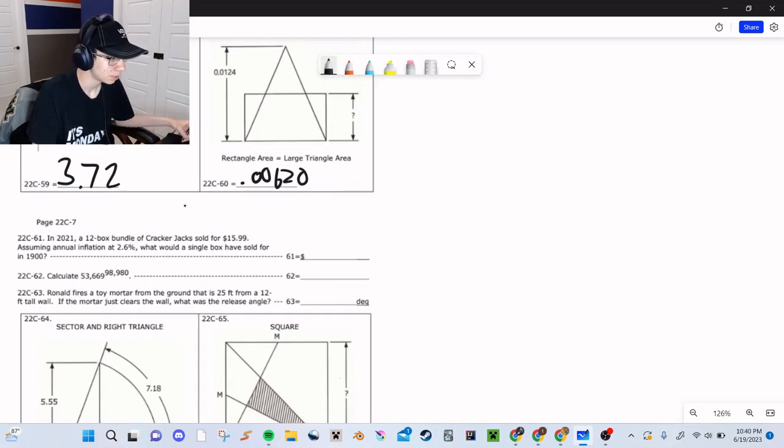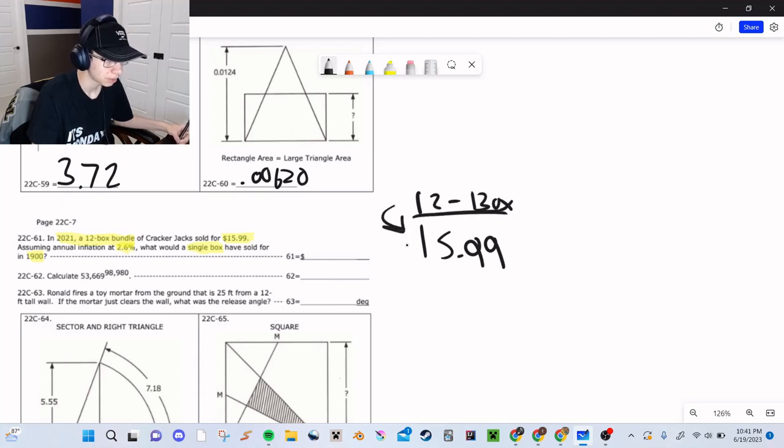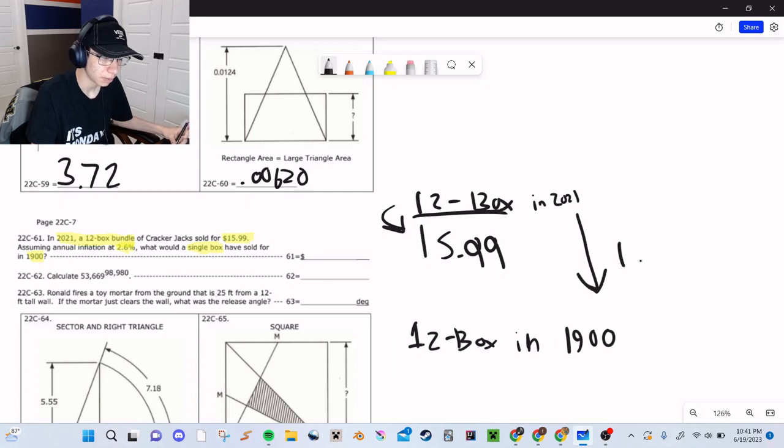Okay, 61. So in 2021, a 12-box bundle sold for almost $16, assuming annual inflation at 2.6%. What would a single box have sold for in 1900? So I have 12 boxes cost that much. In 2021, the annual inflation rate is 2.6%. So to get the price of a 12-box bundle in 1900, I'd have to go back 121 years. And given that the annual inflation rate was 2.6%, I'd have to do